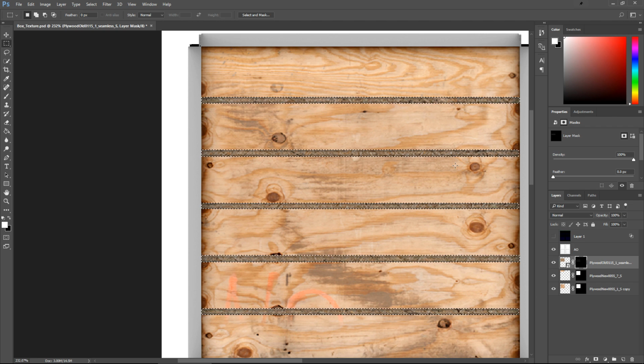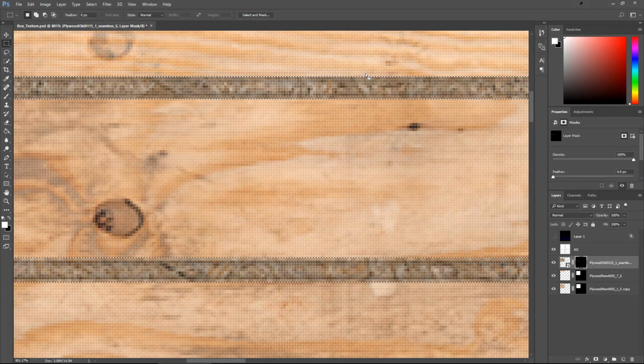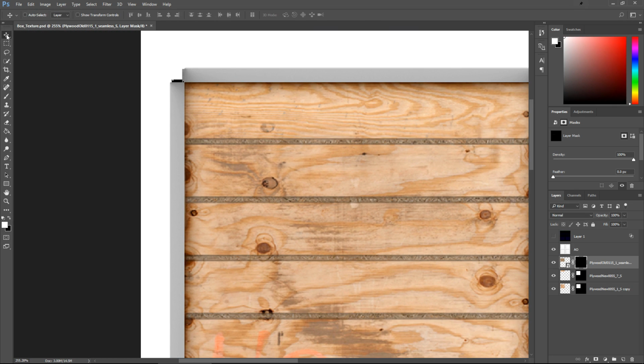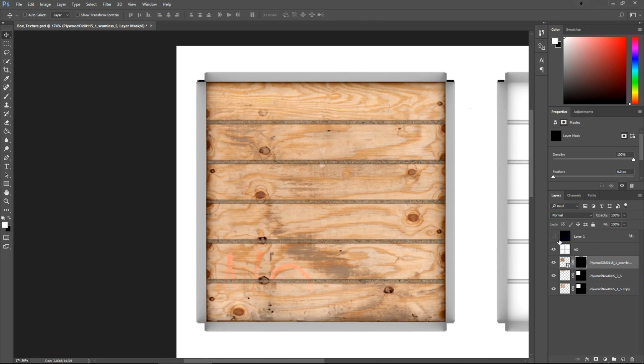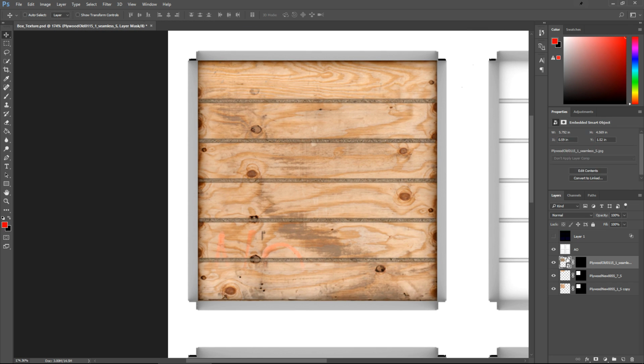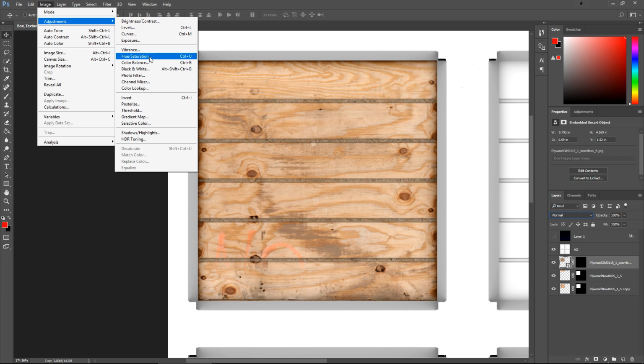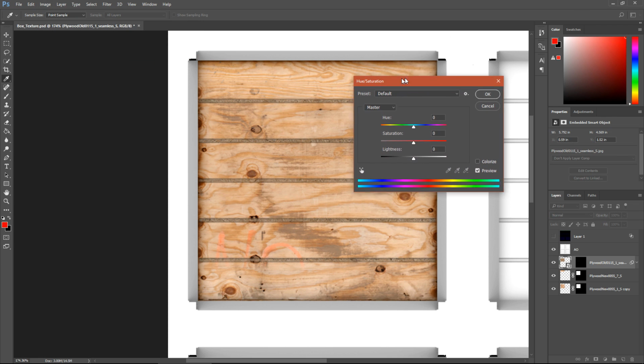I'll control click the mask and that will select just the contents. Shift F6 to select feather. I'll just set that to 2. And then I want Control Shift I, and that will invert my selection. If I just hit the delete key, it should soften those edges up a little bit. And it will delete a little bit of the layer itself, but I don't think that's the end of the world, as I'm going to not only desaturate this a little bit,